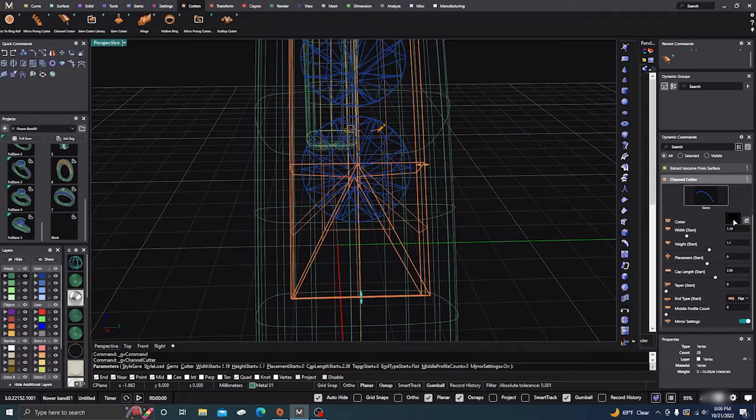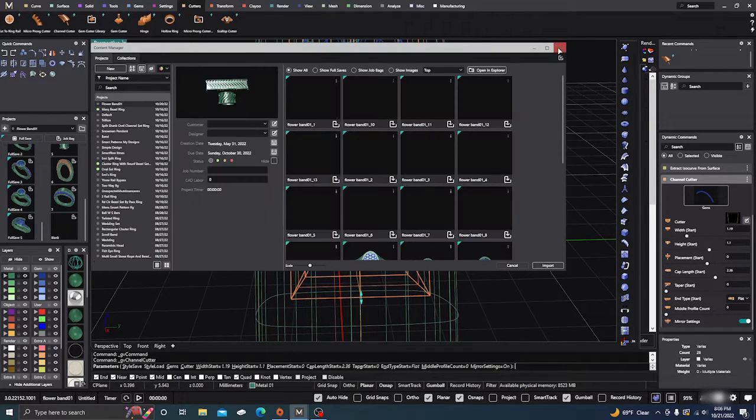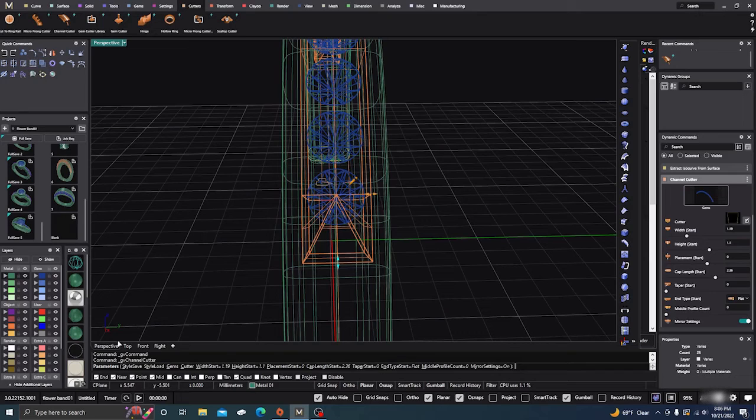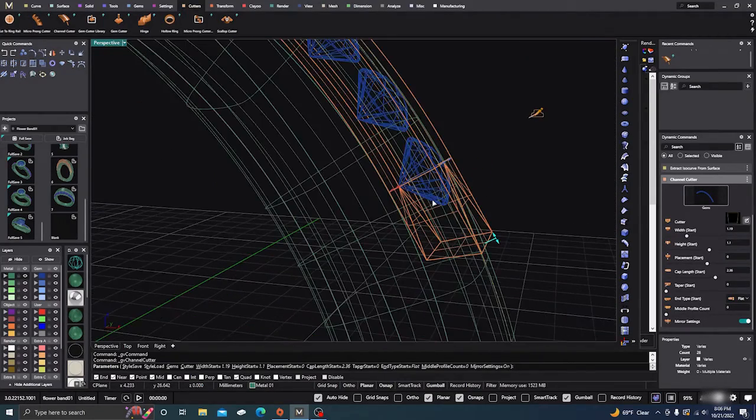I'm going to change my cutter. It's just my preferred cutter. It's kind of an angled square, and select that. I kind of like this cutter for this type of setting. You can make your own. Oh, we're already there. Alright, now we'll drag it